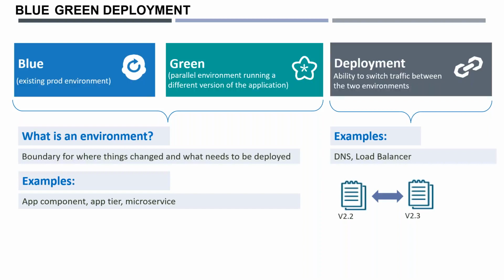Let me tell you what this is. In blue-green deployment, blue is one environment and green is another environment. How do you handle your web server load? You keep a load balancer, and behind that you have a number of virtual machines. Based on the load on the server, your load balancer knows it and will redirect the request to a less loaded server. That's how a load balancer works. In the same way, blue-green deployments are also called zero downtime deployments. So how do they achieve zero downtime? That means you are deploying, and still the application is available to the end users.